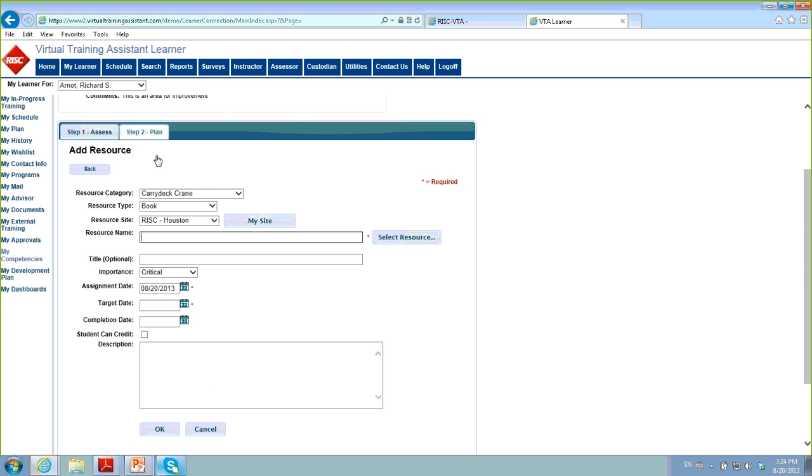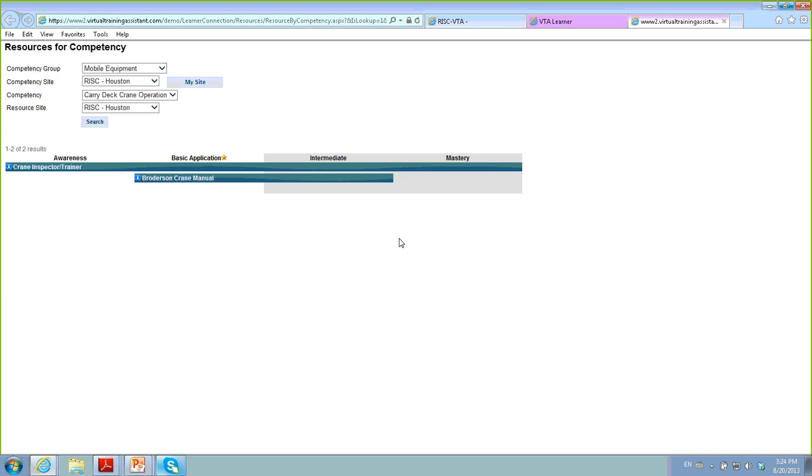The last item there is resource. And again, in this demo system, I've set up some resources for books, some resources for subject matter experts. You build this list, similar to building a list of requiring entities, say, inside VTA Administrator. And here, I can search for a resource by its name, but I'm going to select out of my search window here. And again, it works very much like that browse for courses by competency,